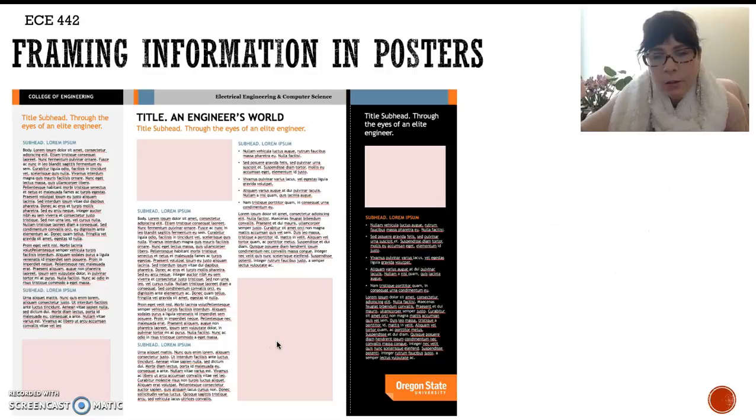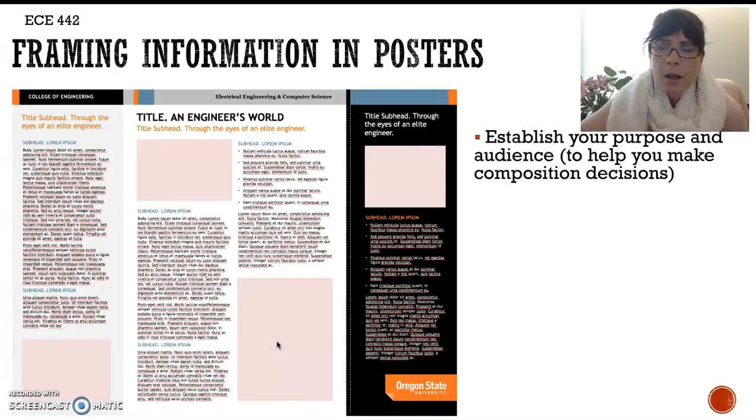All right, now let's talk a little bit about the framing information, or the text content that you're going to be putting into the explanations that are in your poster. Make sure that you establish your purpose and your audience. Not the same way you would on a professional document, but in your own mind, so that you understand what contextual circumstances are going to be impacting your decisions as you decide what to include in the framing